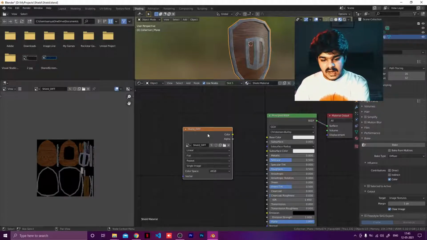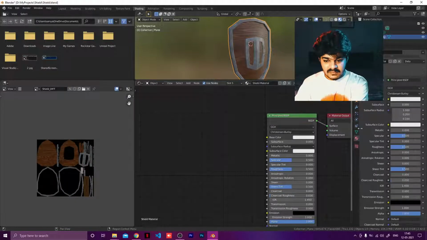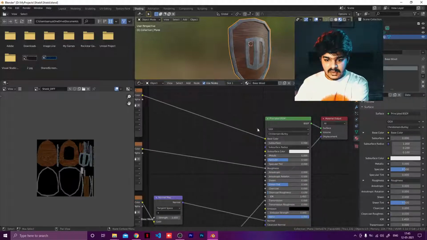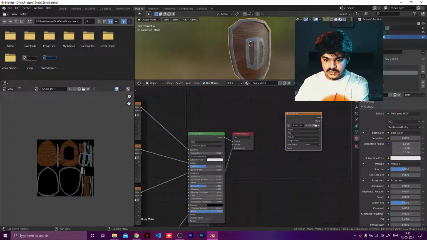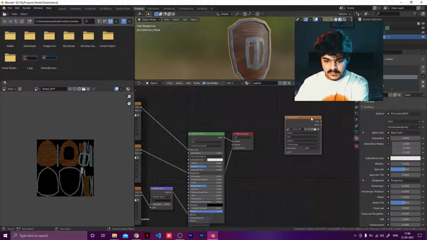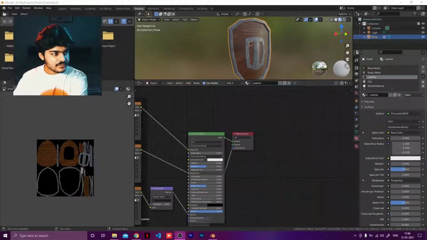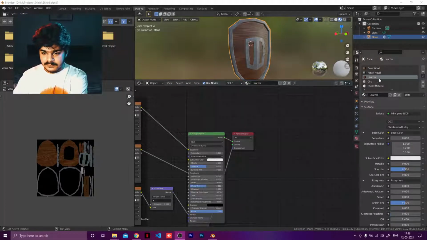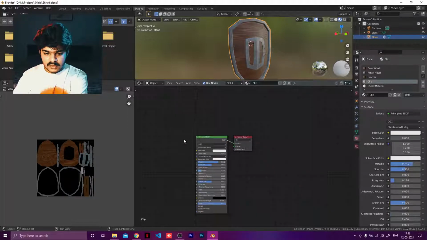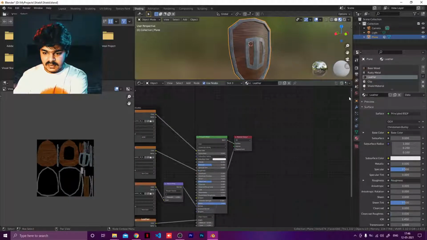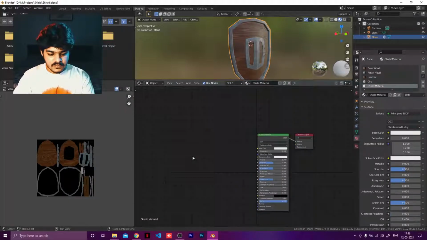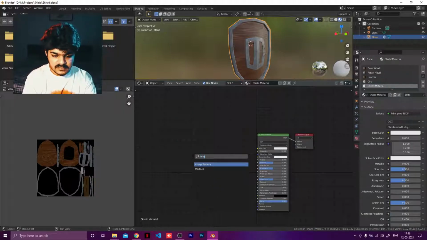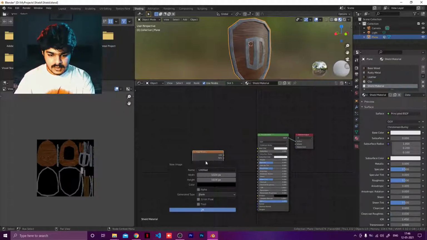Now I want to do the same thing with roughness and normal map as well. So again, the first thing that you should do is to go to every material and delete the nodes that you have already created. Okay. So I'm just going to all the materials and deleting the nodes that I had. Now for roughness, again, it is the same process. Image texture, create a new texture.